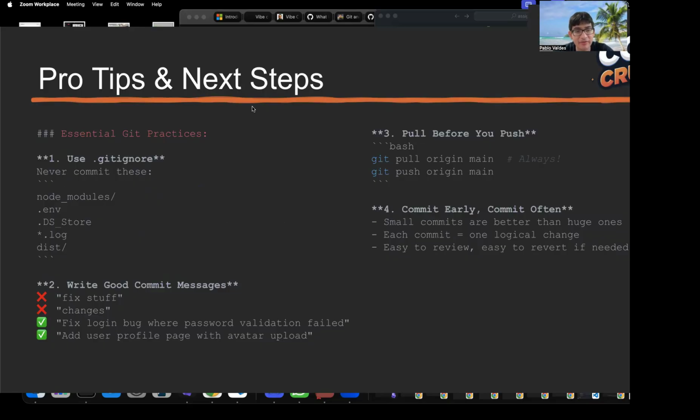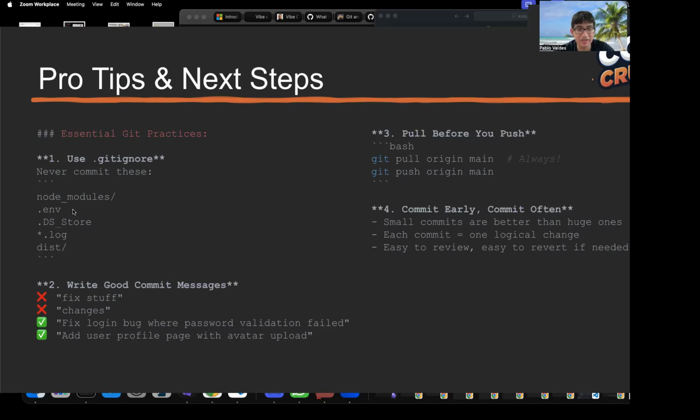One of the things that's really important to know is using .gitignore. This is so you don't commit, say, really large files like node_modules, which has all your dependencies for a project, or .env, which has all the secrets and API keys you usually have in your project, which you want to keep secure.